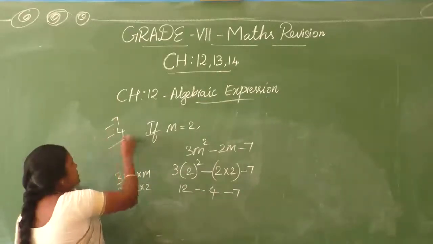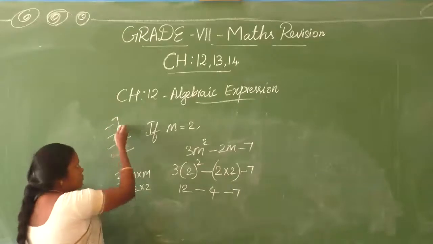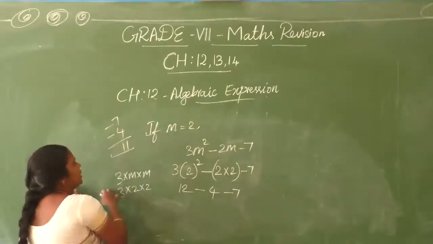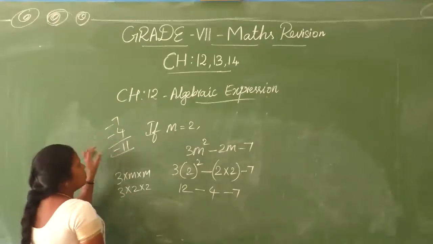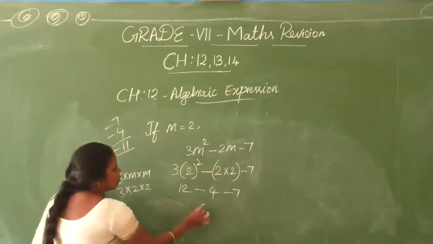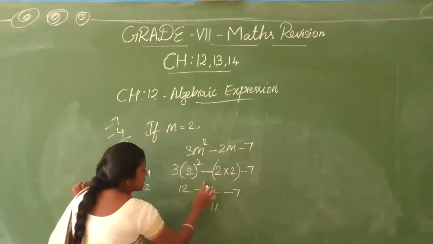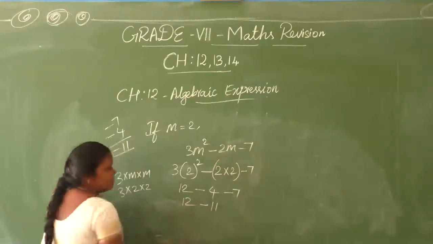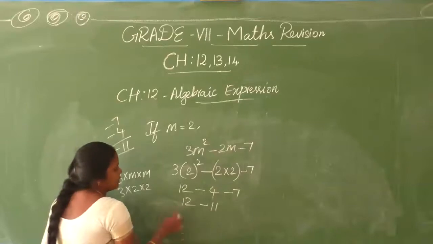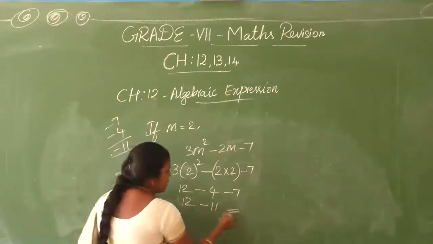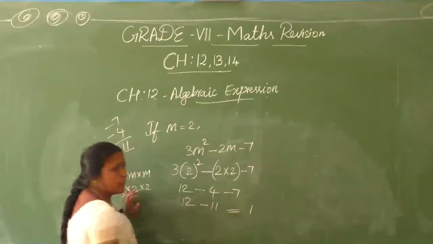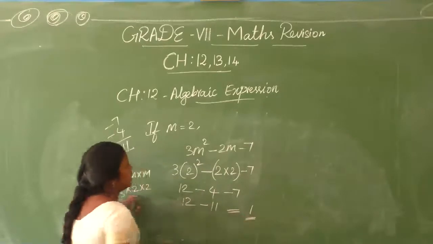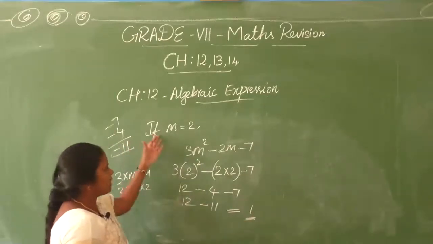Minus 4, minus 7. Same sign, so we should add. 7 plus 4 is 11. Same sign applies, so minus 7, minus 4 is minus 11. So minus 11 is coming for this, with that 12 in front. So 12 minus 11. Different sign, so we should subtract: 12 minus 11 is 1. The bigger number's sign is positive, so plus 1. Understood? So like this only you have to find out the value of the given expression